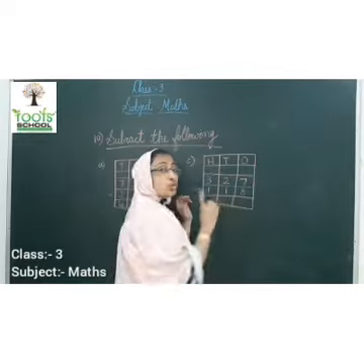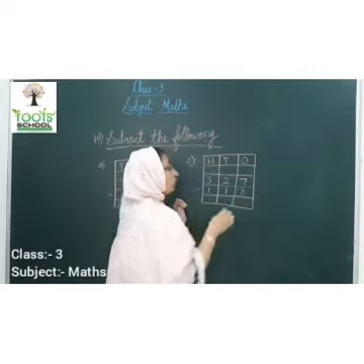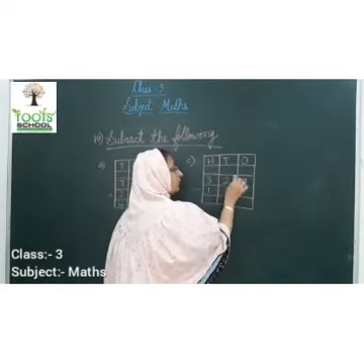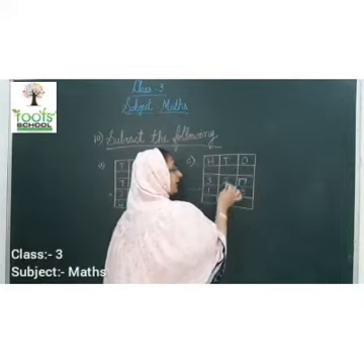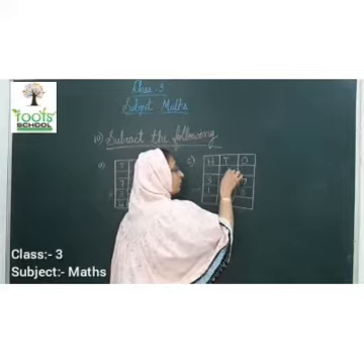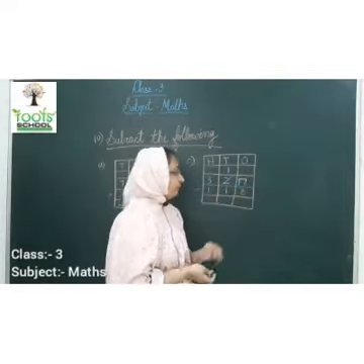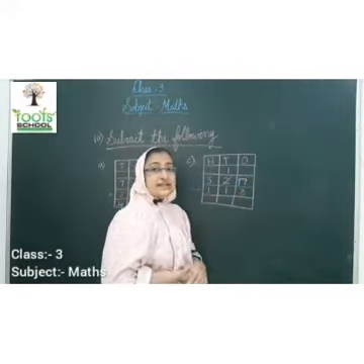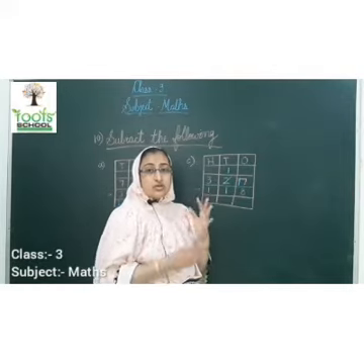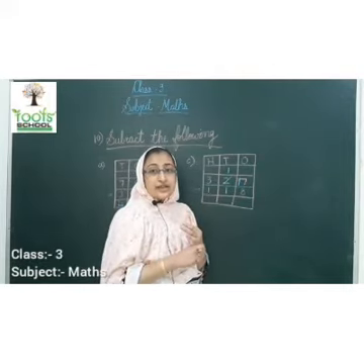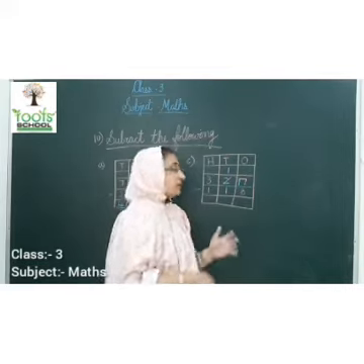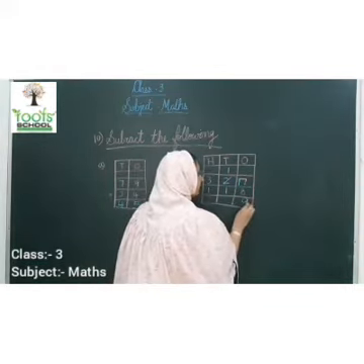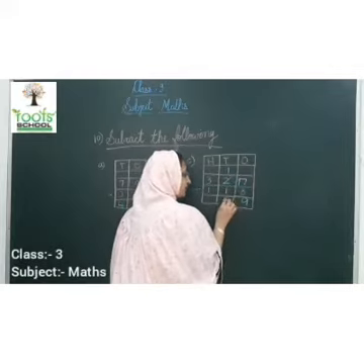Now what is 7 going to do? 7 is going to borrow one number from tens place. So here the digit will become 17 and here it will become 1. Understood? So 17 minus 8. Count from after 8: 9, 10, 11, 12, 13, 14, 15, 16, 17. Answer is 9. 1 minus 1, 0.